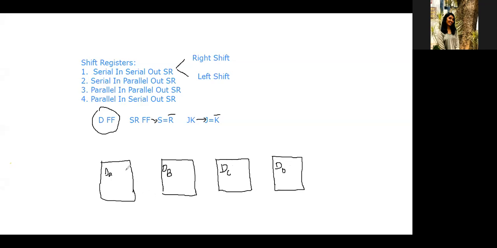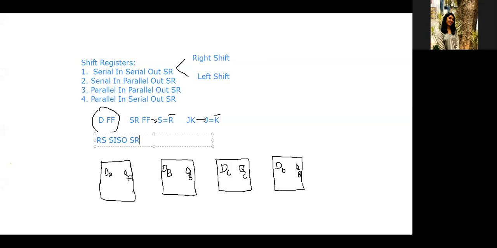Now here we are considering the outputs QA, QB, QC, QD. So 4 flip-flops, 4 outputs. It is a serial in, serial out shift register.